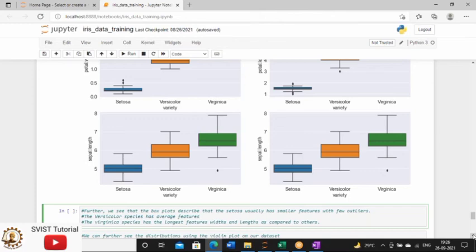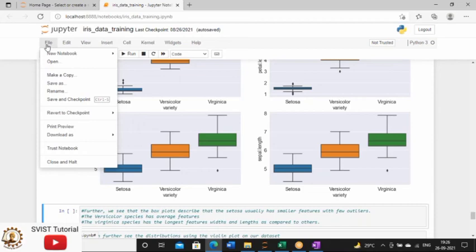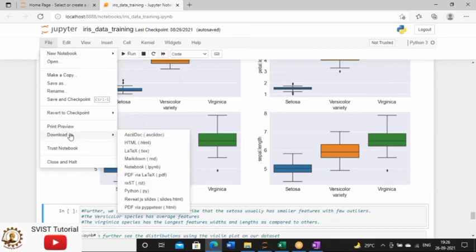For the justification, I don't need any extra sheet. I will gather this IPYNB format from you all. You just download from here, File, then go to Download as, and this is the format you have to follow. We have several formats, but I prefer this one, the IPYNB format, this notebook. So you have to download this sheet in this format.